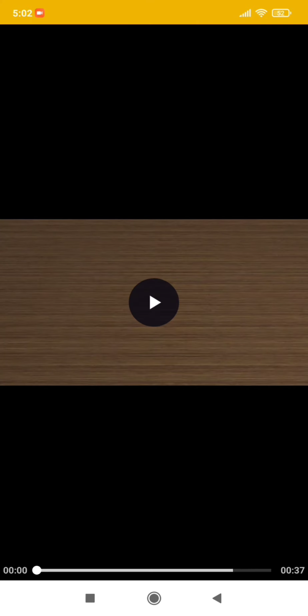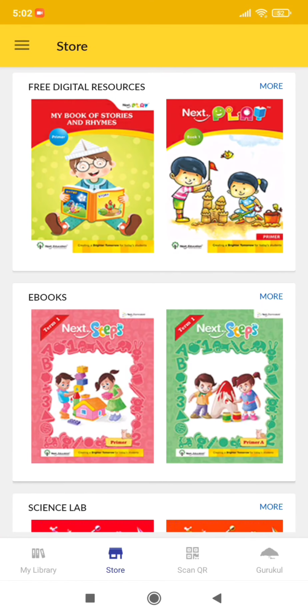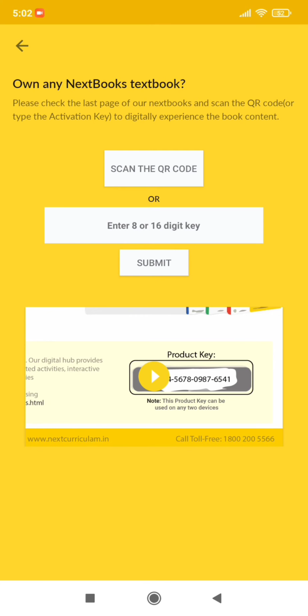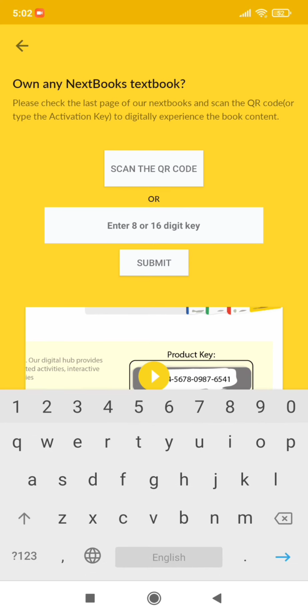So now you have seen this. Again I'll go back. Now I'll show you one QR code. I will enter a code and even scan, and I'll show you. So first I'll enter the key. I have a key here with me, just a minute.